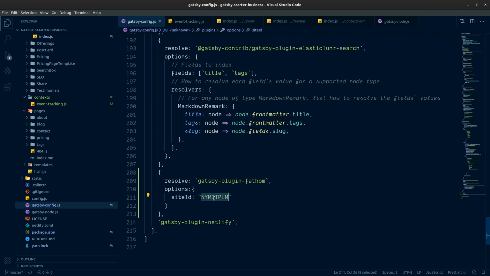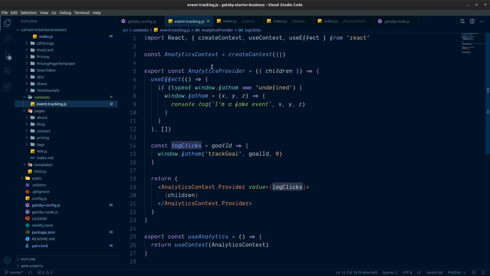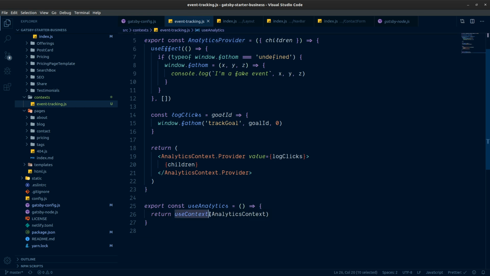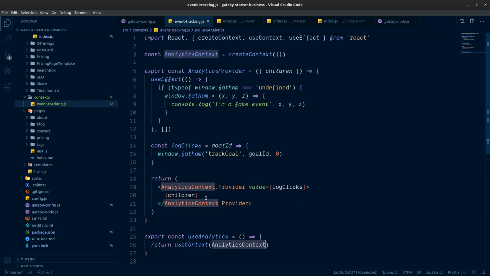We added in our site ID, which we had to configure on the Fathom dashboard, and then we made an analytics provider using the React Context API, and then we just had a hook where we could use the analytics, and we're just going to submit the context to where that hook was being used, and then basically we're just wrapping the rest of the site or the children which this context provider wraps, the analytics provider wraps, and then